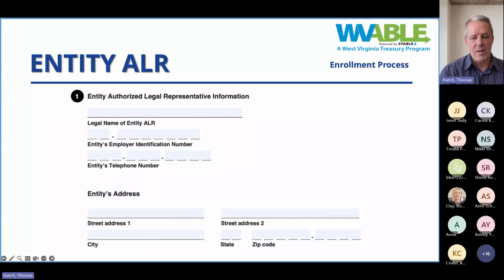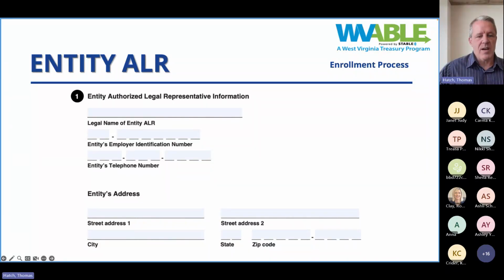And this will be the primary registration on the account. So this is what everything goes back to when it comes to the account. This, by the way, for the addressing information here, is going to be more of a physical address. It could be the mailing address, but doesn't have to be. There are separate mailing address options that you could have in case you were using a PO box or some other type of address to mail things to. But on this part, we would suggest the actual physical location of the organization.